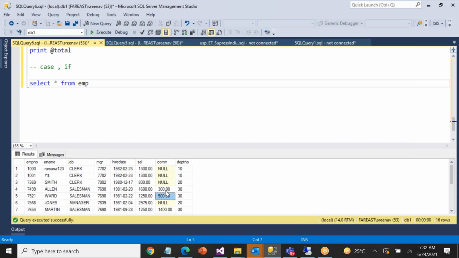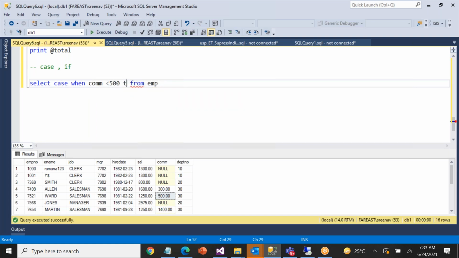Whoever is taking less than 500 rupees commission or no commission, give them a commission of 500 each. Okay, how do you do that? So I will say case when commission is less than 500,